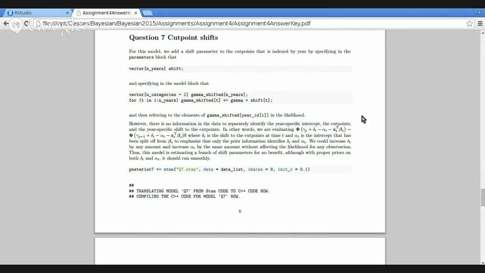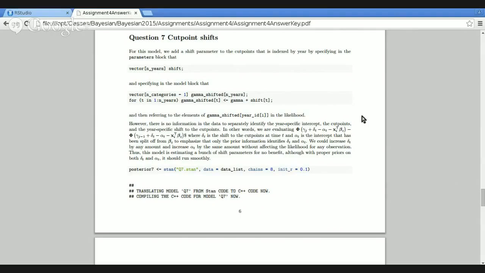You could shift the cut points in a year by a constant, and all of them would shift over for the different years, but you have the intercept that's indexed by time also. And so you could shift all the cut points and then shift the intercept a corresponding amount, and it wouldn't change any of the